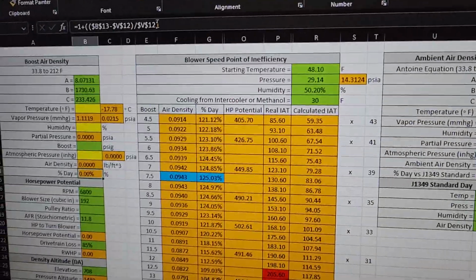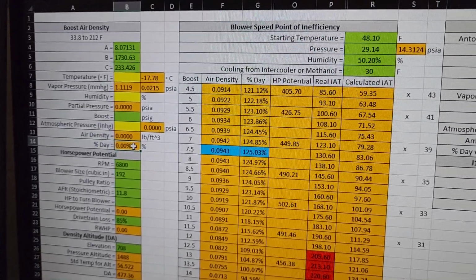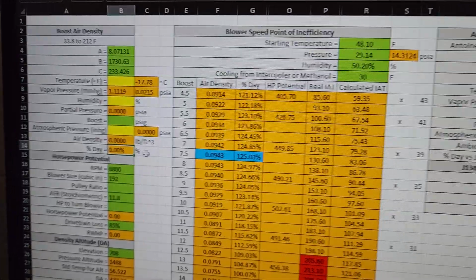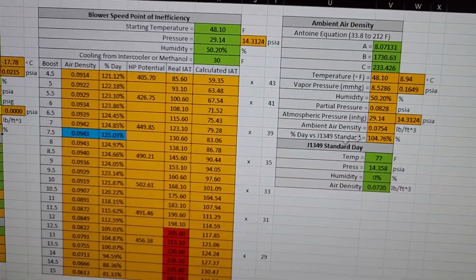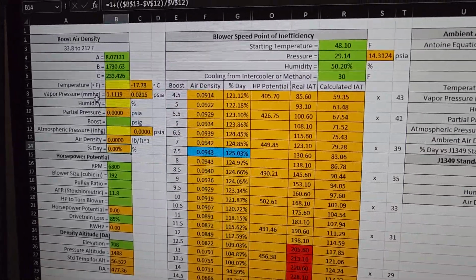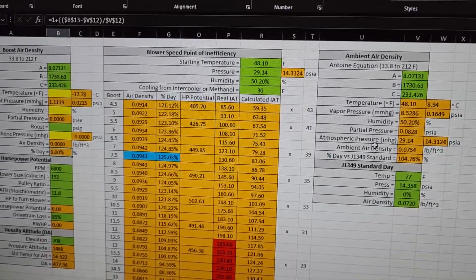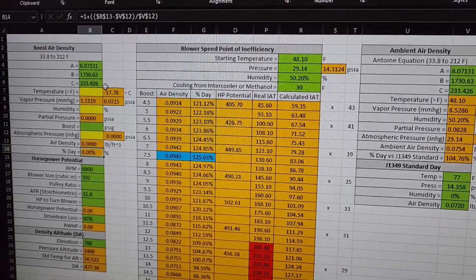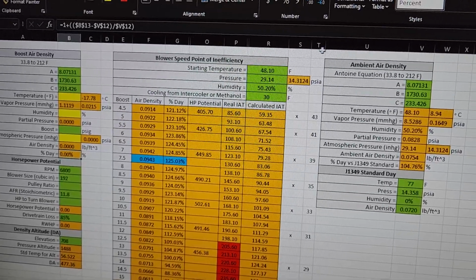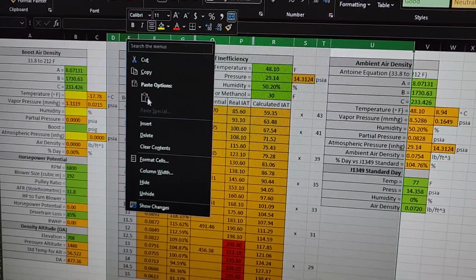And this percent delta here is just telling you how much additional air density you are adding, in percent, over ambient. And this kind of tells you how efficient your blower is. Now, this boost air density and this ambient air density, I calculate separately. And this table in the middle, I'm going to unhide all this, and I'm going to show you